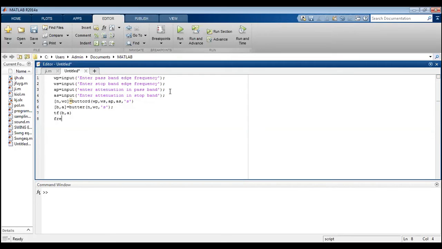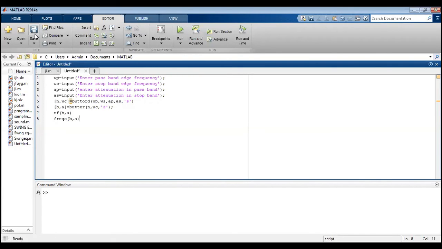Then we plot the frequency response with the transfer function in the form of b comma a. Okay. So this is the program we are using to find out the order of the filter and the transfer function of the filter. Has anyone solved the transfer function? Has anyone got the order of the filter? The transfer function will be of the same order as we are getting here, which is 5. So theoretically we get an order of 5, with the same transfer function we get here.